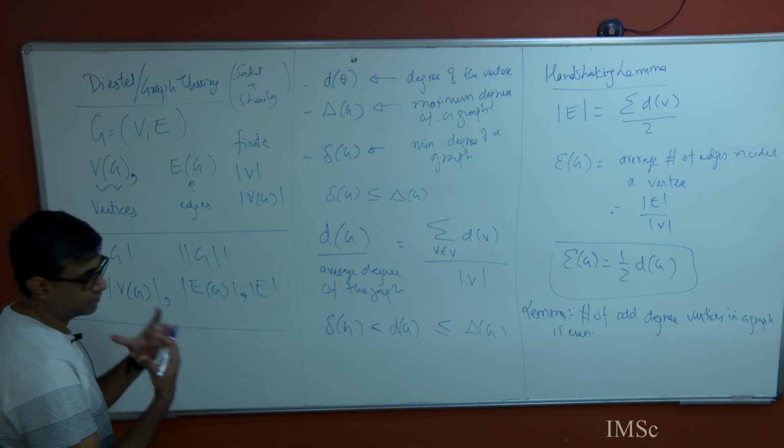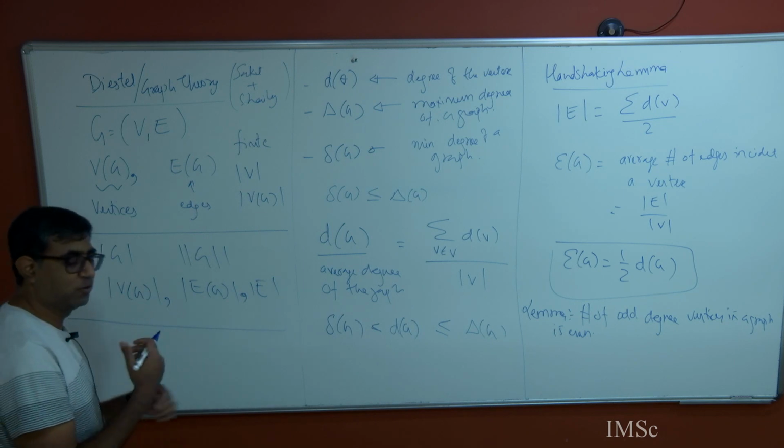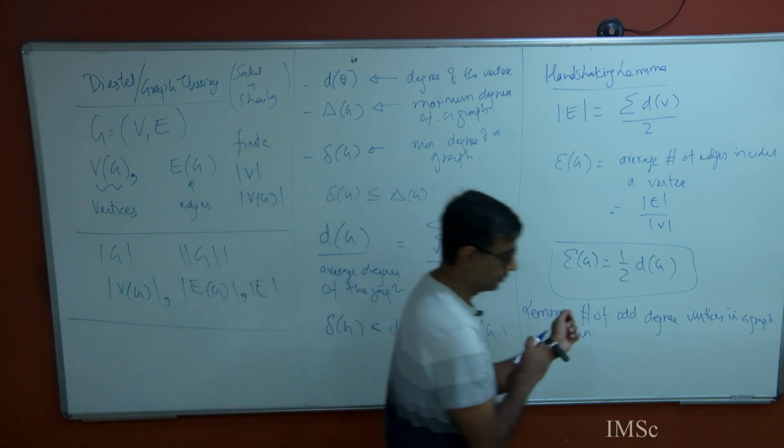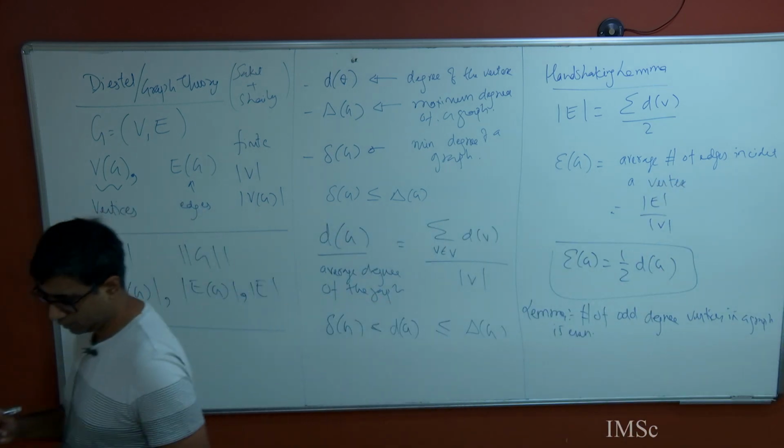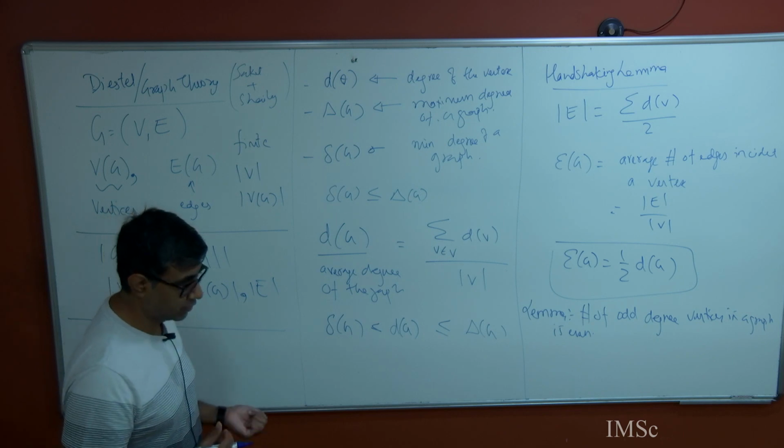Okay, so let's try to understand how people start thinking in graph theory. People come up with some definitions and then they try to relate them to notions which are already known, or try to come up with questions which relate different concepts. So one first natural question is,